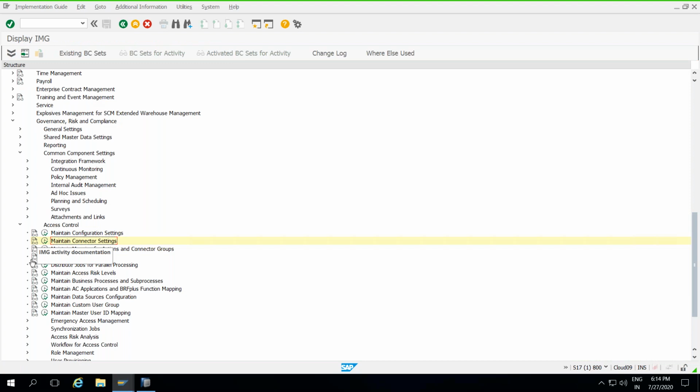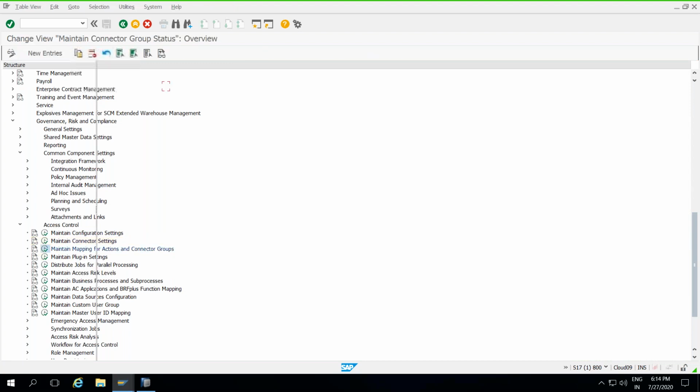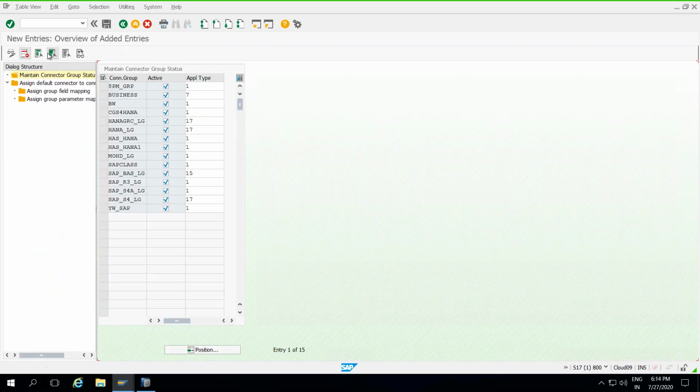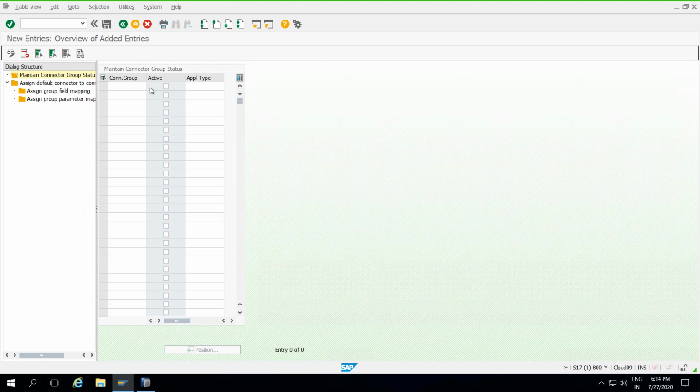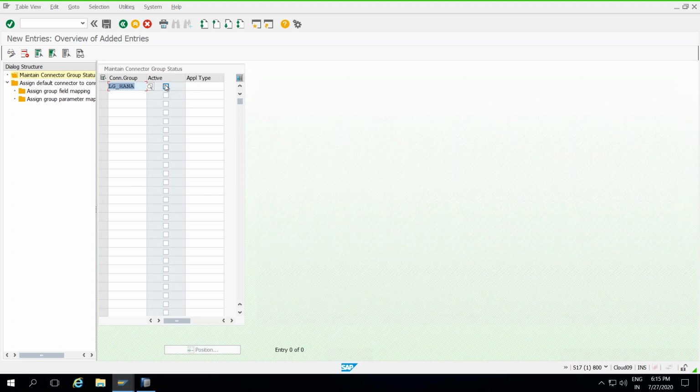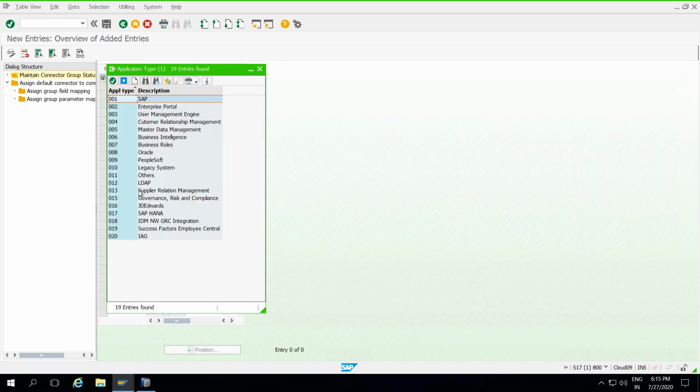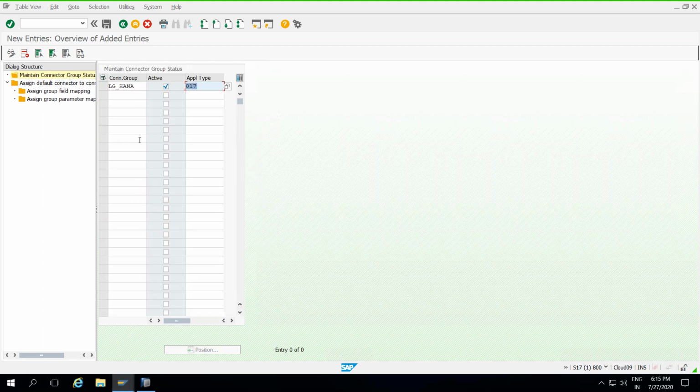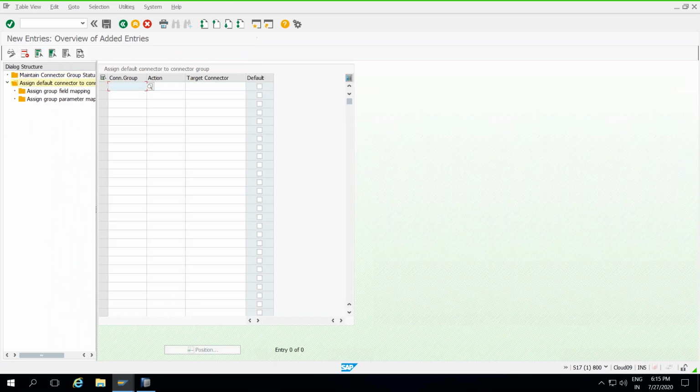This is the most important. Remember, keep in mind to maintain the connection settings. Now we want to add the connection, so I have to specify the logical group with the action. This group I can use from the ARA point of view, sorry, not EM, the ARA point of view. In the HANA database also you can perform risk analysis and all kinds of activities.